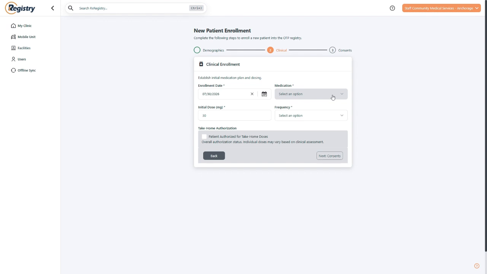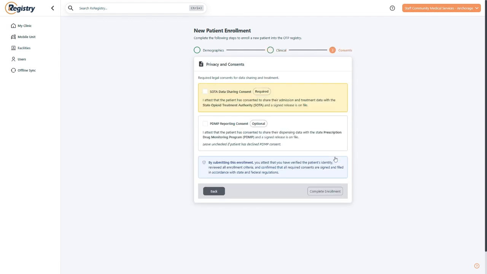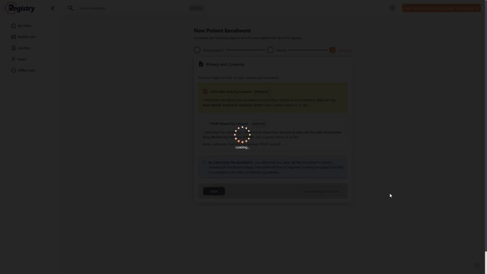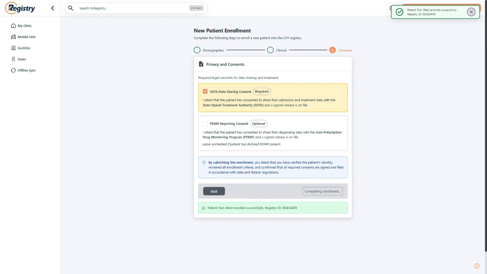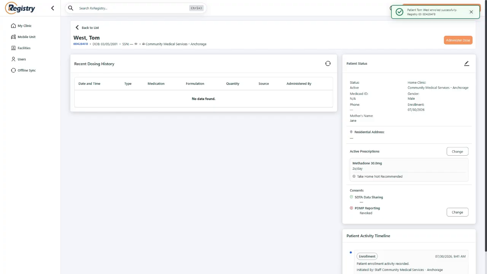And now I'm going to fill out their medication plan. And then finally indicating that they have consented to data sharing with SOTA, and this screen is configurable as well. And just like that, I've completed enrollment for this patient, and now I'm going to administer a dose to them